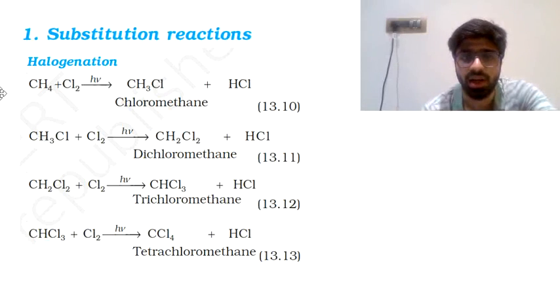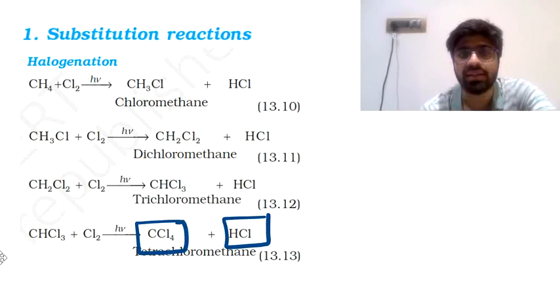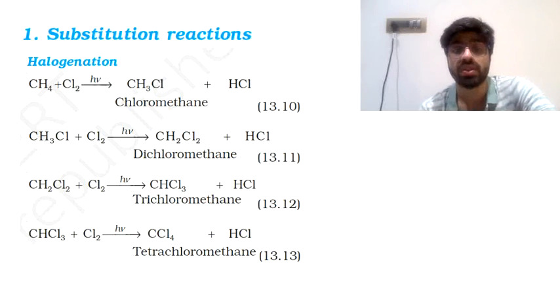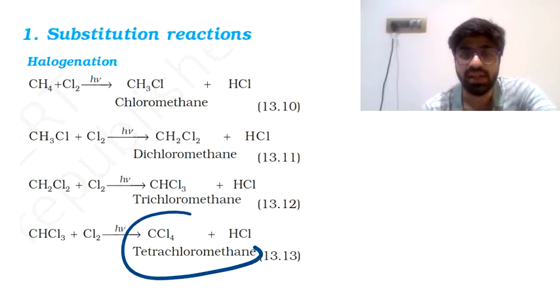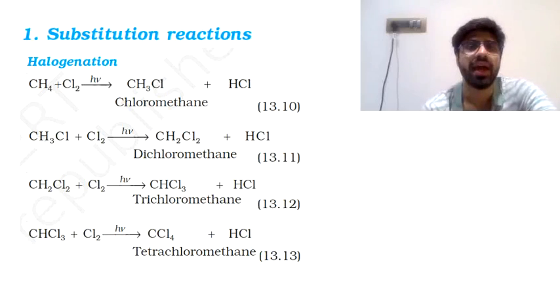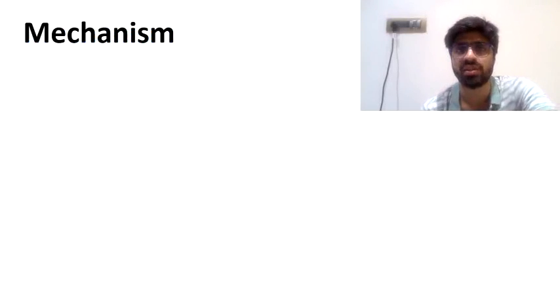Okay, that chloroform or trichloromethane can further react with Cl2, because still there is one hydrogen atom with the carbon atom here. So that Cl is going to take the hydrogen atom here, and the other Cl is going to attach with the carbon atom, and finally the reaction continues up to tetrachloromethane, and the HCl which came out has been written here. Okay, so this is up till where the reaction is going to go on, and that's the entire halogenation reaction. Now the thing you need to understand with the halogen reaction is the mechanism of it.